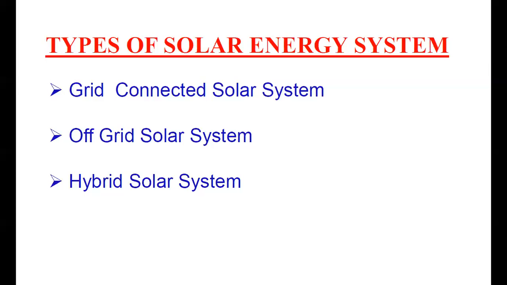So the home solar system design will consist of a solar panel, a controller or inverter, and also a storage device such as a battery, and it will be connected to the load. Firstly, the solar panel converts light energy into electrical energy, and it will be given to the controller to store in the battery. At the same time, in the charge controller, there is an inverter module that will convert the DC supply into AC, and it will be given to the AC load.